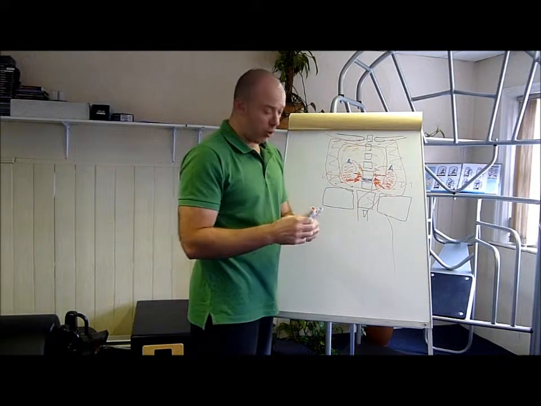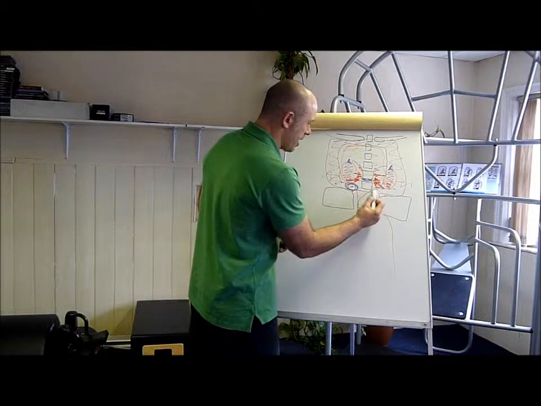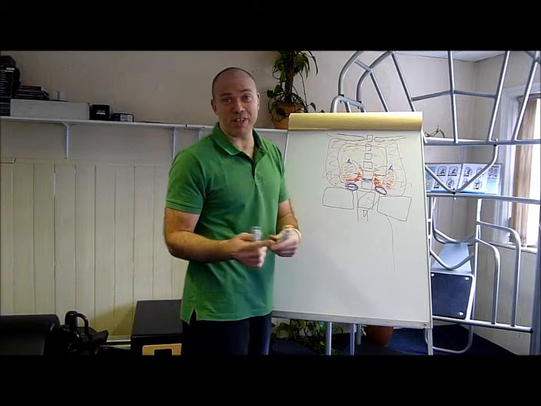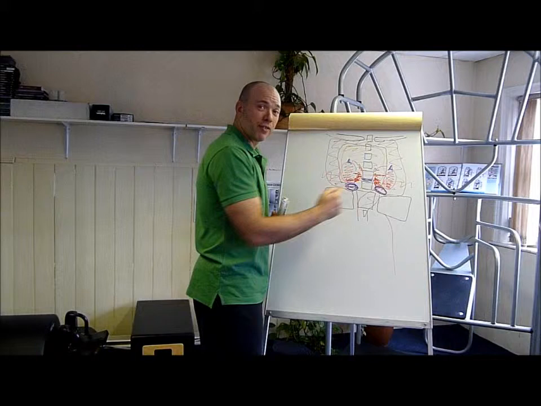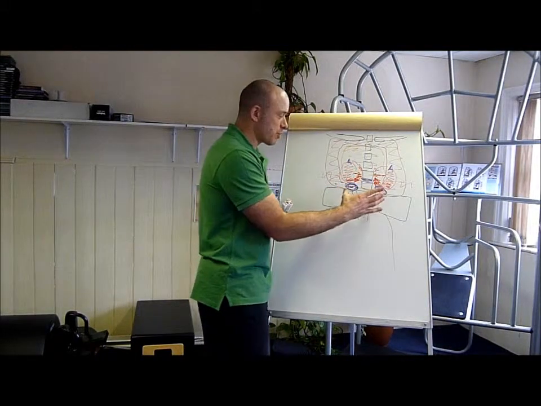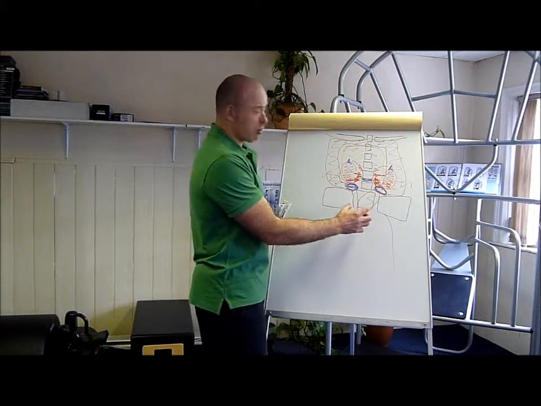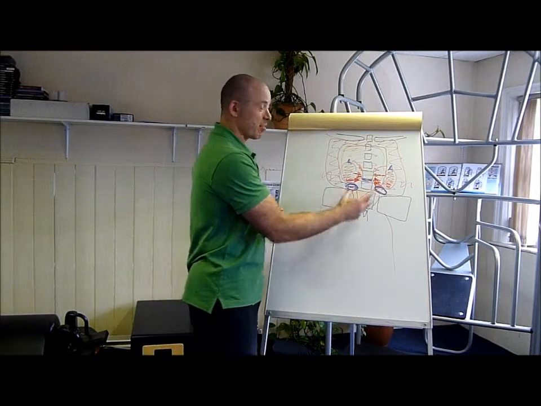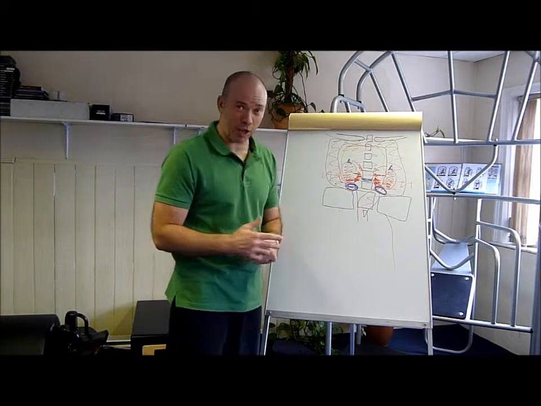Now, we've got a hormonal issue. If you've got any ladies with chronic low back pain, the ovaries sit there. Where are they going to reflex to? The low back, which is one of the reasons women often get period pains around here, is because the ovaries are working overtime at that time of the month and they can't communicate a problem to the rest of the body because they don't have the nerve supply, so they'll tell you through the low back. The testicles sit in the scrotum, but they'll reflex in the same way, perhaps not once every month, but if there's a problem with male sex hormone production, that might come back through the low back as well.